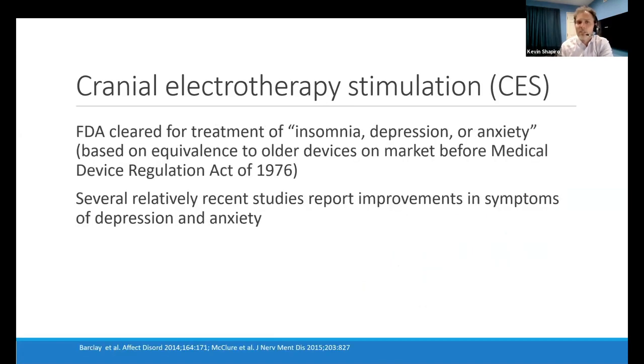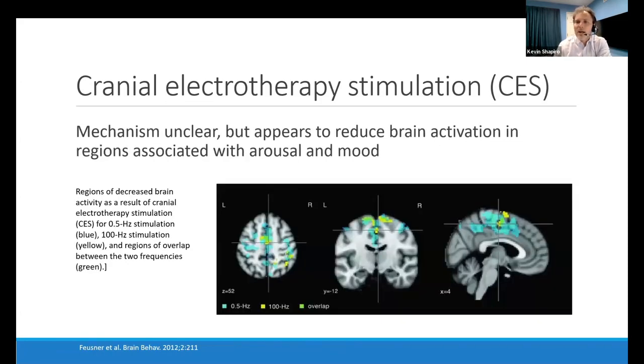One advantage of CES is that there are commercially available CES devices that have been FDA cleared in the US based on substantial equivalence to older devices that came on the market before the Medical Device Regulation Act of 1976. It's not entirely clear from studies how cranial electrical stimulation is postulated to work, but we do know from neuroimaging and other methods of studying brain activation that CES appears to reduce activation in regions that are associated with